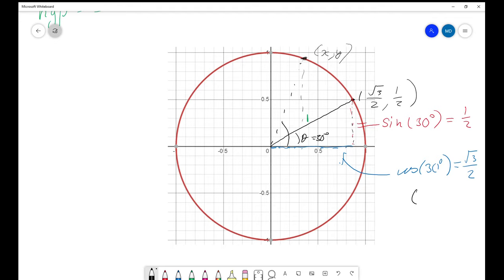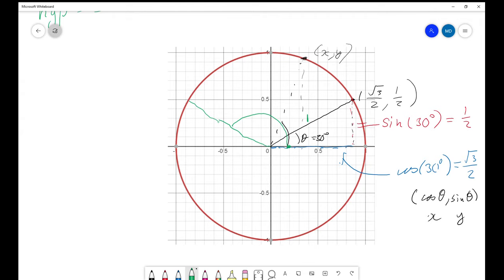Cosine theta and sine theta are going to be the x and y coordinates on this unit circle. The x and y coordinates you get at any given angle. And that means that if I take a point here and take an angle anti-clockwise, I can now find sine and cosine of angles